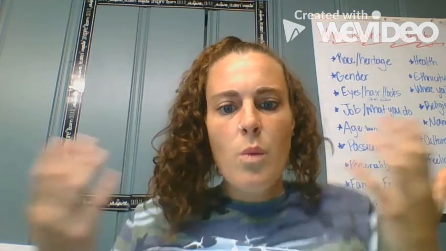What I want you to do now is to go into Google Classroom and answer that question, thinking about first, is there anything else you would add to the web that describes Ada's identity? Thinking about all of the components of identity. And then I want you to start thinking about some similarities and differences. What do you have in common with Ada? And what are you really feeling like you're different than Ada with?